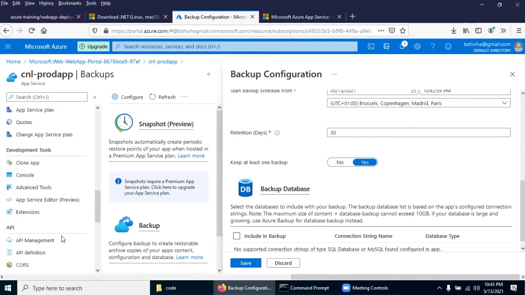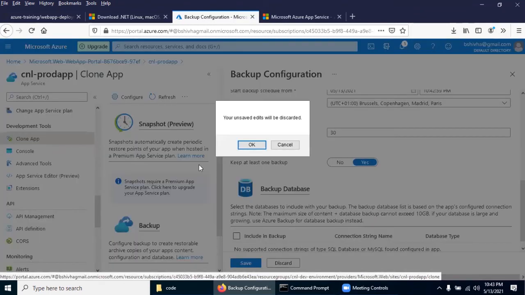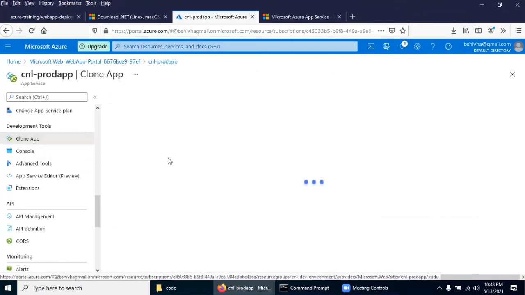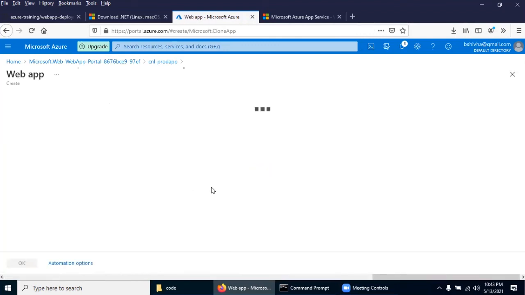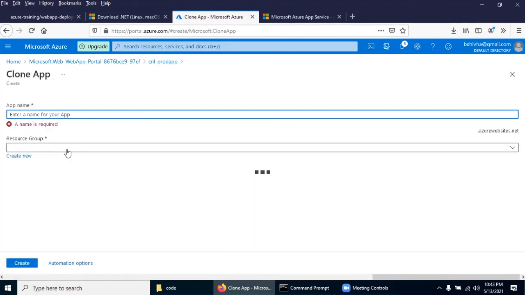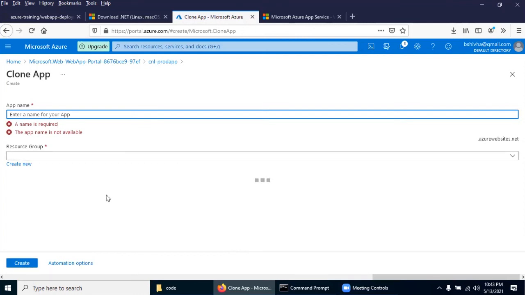Coming down, you can even go with this clone app. You can clone the app, suppose you want to do some different testing or some other analysis.